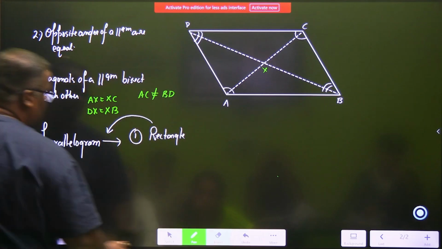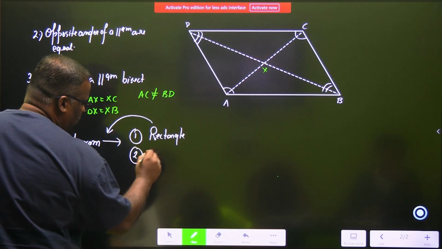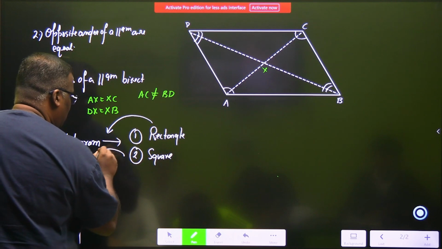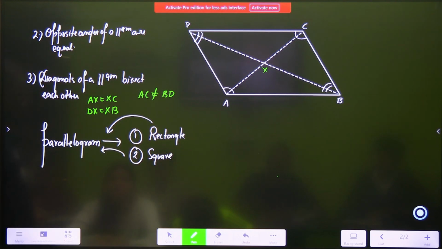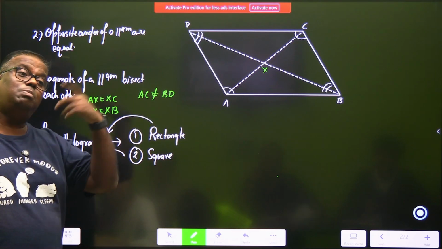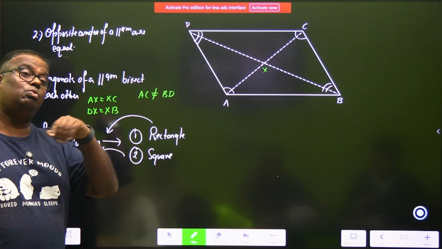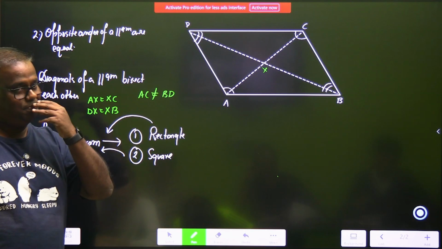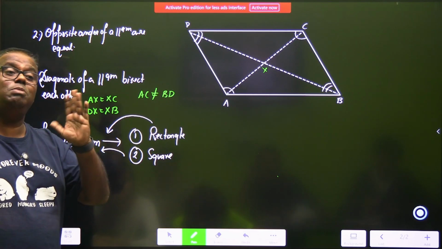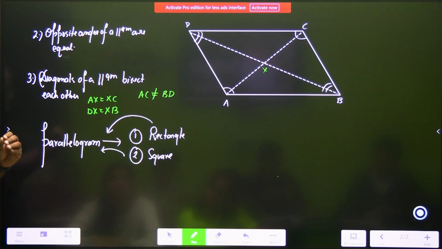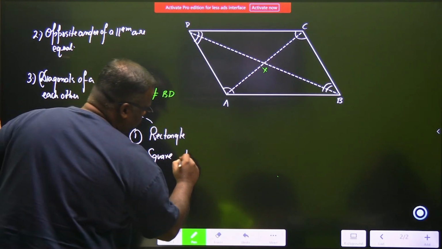Now, let's talk about square. Is a square a parallelogram? Yes. Special case. अभी square के केस में कुछ मजेदार होगा. The diagonals will be equal. The diagonals will bisect each other and also will bisect each other at 90 degree. सोच के देखिए. Diagonals will bisect each other and will bisect each other at 90 degree. Something extra. तो यहां पे diagonals